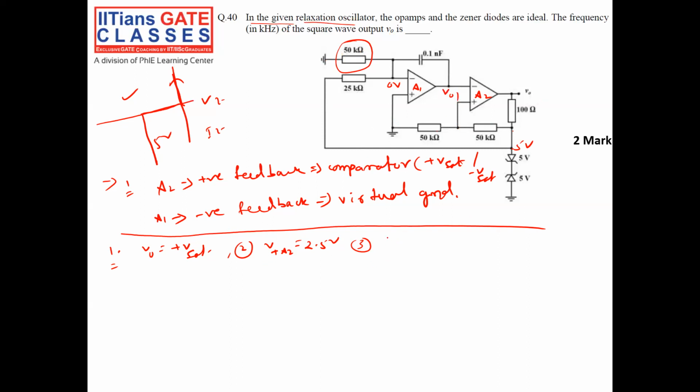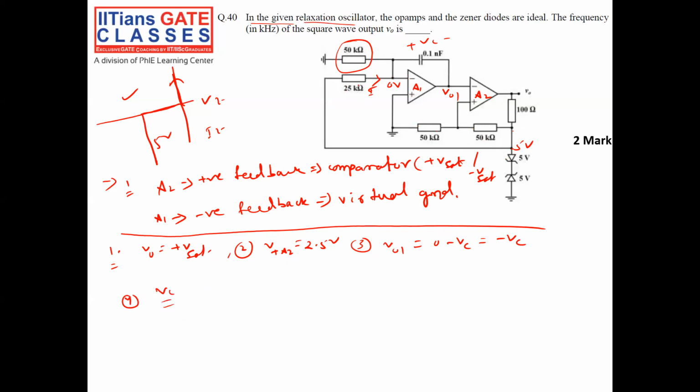What is V output 1? V output 1 is, this is VC, right? V out 1 is equal to 0 volt minus VC, which is equal to minus VC. This is the third thing. What is the fourth thing? What is VC? So you see, since I am having 5 volt, what is the current here? Suppose this current is I. So let us calculate VC.